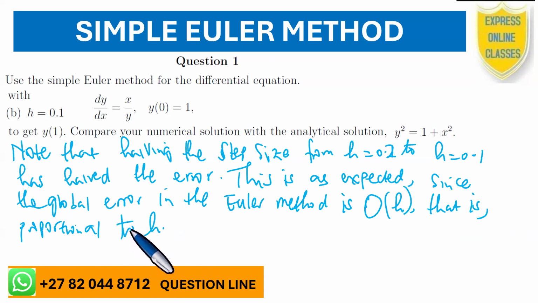Now, this is awesome news. All right, so now we have celebrated the simple Euler method, but now let us move on